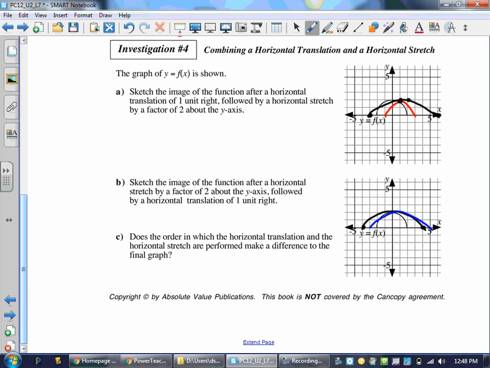Are they the same? No. What's that? This one should go to 2. Did I do it wrong? Yeah, I never moved that. Oh yeah, 1 times 2 is 2. This one should have gone here. Right? Yeah, so they are different. They are. Go back and do it again if you want, because I messed up, but they are different. You have to do them in a specific order. Okay, so what you figure out here is that when you do